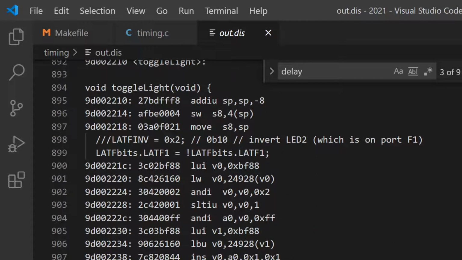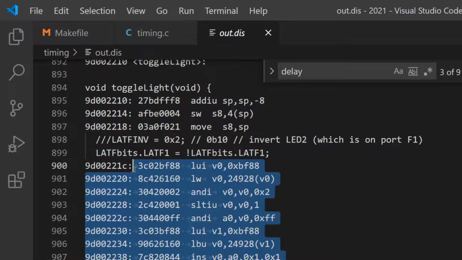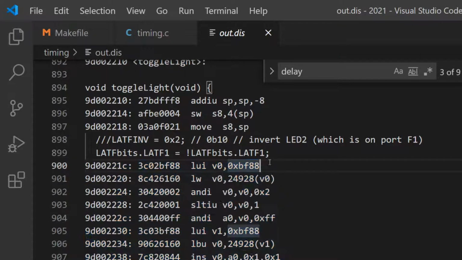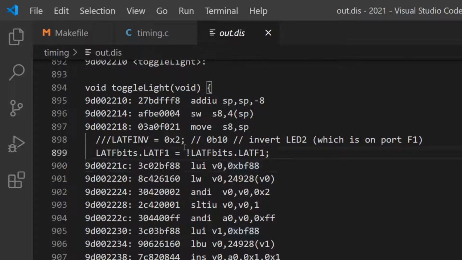And when we did the atomic bit manipulation before, it took 3 clock cycles. So using the LATF bits command takes 1, 2, 3, 4, 5, 6, 7, 8, 9. Takes like 3 times longer. That's too bad. So of the 2 different ways of doing the exact same thing, one actually takes a lot longer for the PIC to do. So there are definitely advantages to using LATF INV and SET and CLR as opposed to LATF bits dot something